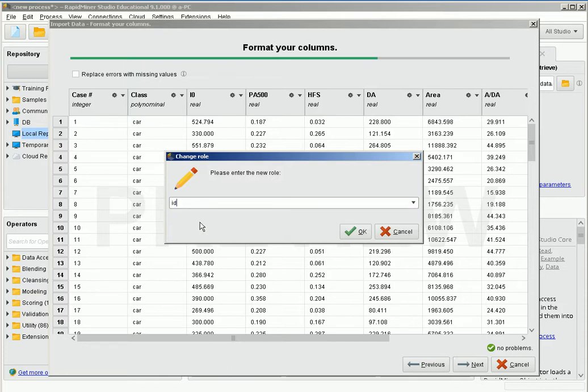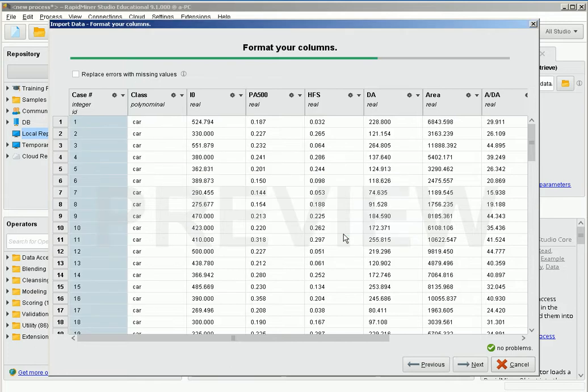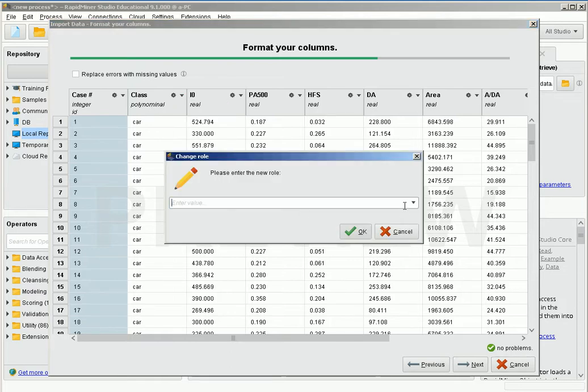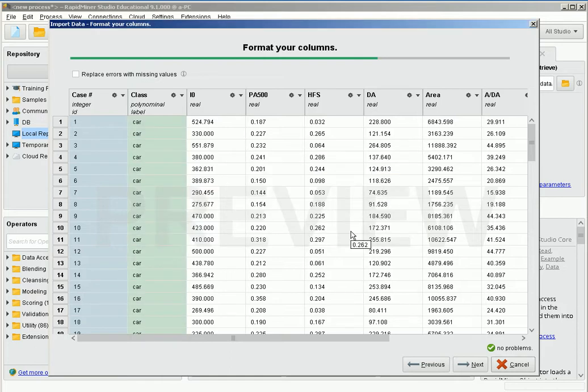And it will tell RapidMiner that this is not a normal attribute, it's a unique identifier of each of the instances in the dataset. The class is what I would like to learn how to predict in this dataset, which is the type of tissue. So I'm going to also change the role from a standard attribute to label. Label is how RapidMiner calls the class to which the instances belong to. Labels are shown in green, as you can see, and unique identifiers in that light blue color, and